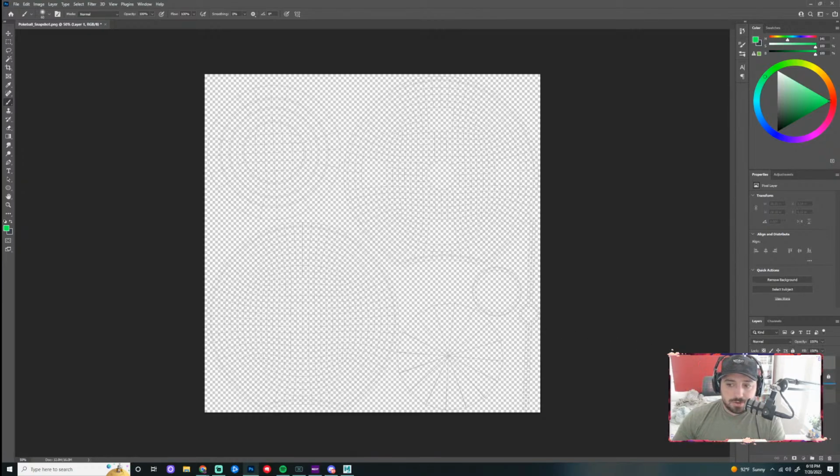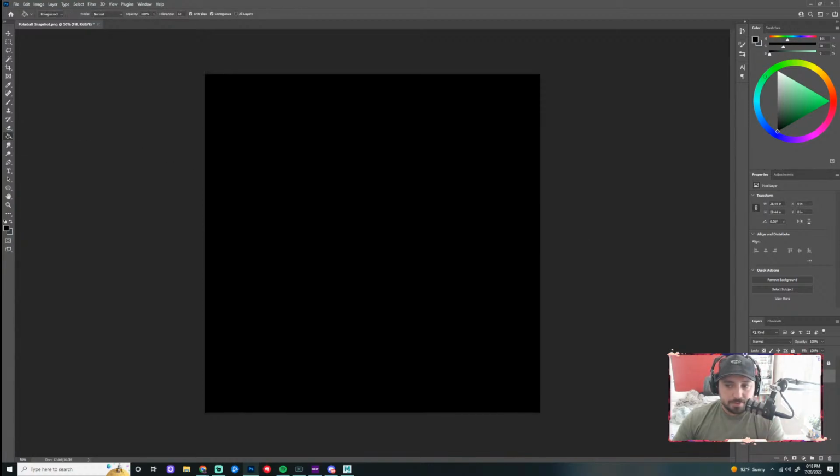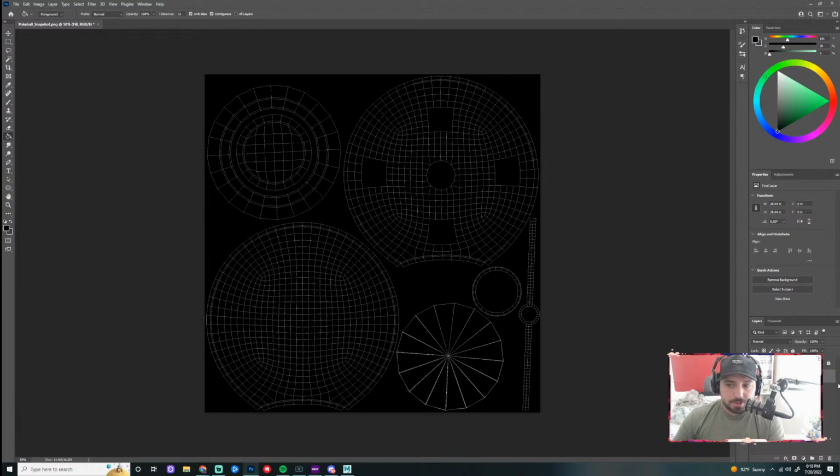And then I can go in here and start adding some other layers. The next layer I want to have is called a fill layer. So I'm just going to literally call it fill, and I'm going to lock this one as well. So I don't want to paint on the fill layer outside of after I fill it. So I'm going to fill it with like a black, I think. So I'll hide my snapshot layer. I'll just go in here with my paint bucket tool, and I'm just going to fill it black. And then I'm going to turn my snapshot back on, and I'm going to lock that fill layer.